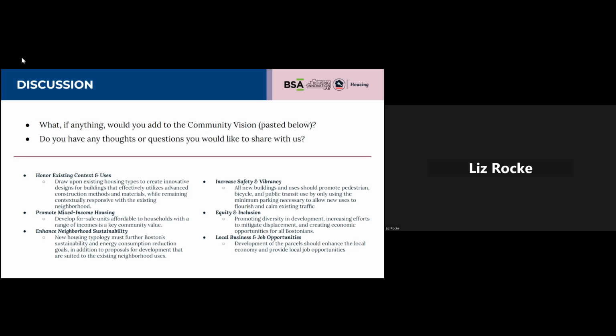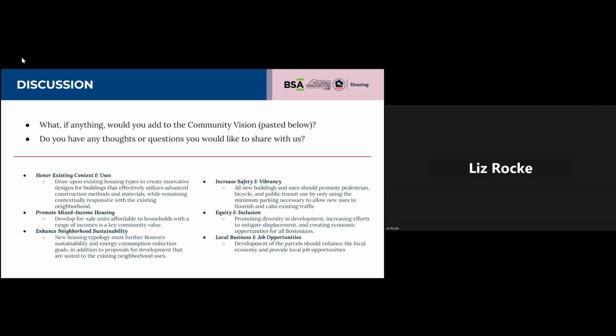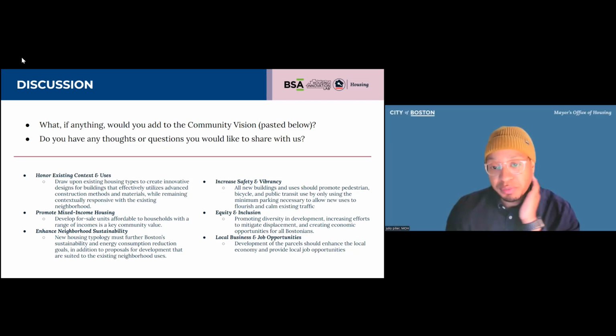Thank you. Good evening, everyone. I'm just looking for clarification for the Geneva Ave parcel. So for this parcel, the city's looking to build between 6 to 12 units. That's correct. Okay, so from the 6 to 12 units, are all the units going to be affordable housing or just a certain percentage? So it'll be a certain percentage.